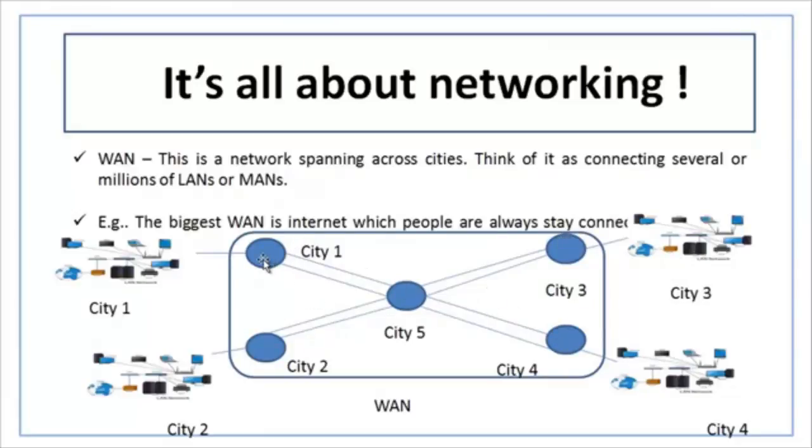So let's say in city 1 you have AT&T, but you are connecting to some other city, and the service provider there is T-Systems. They may have a deal to provide connectivity between them, and it's up to them how they do business, but together they can give you this connectivity from city 1 to city 4. And that is why